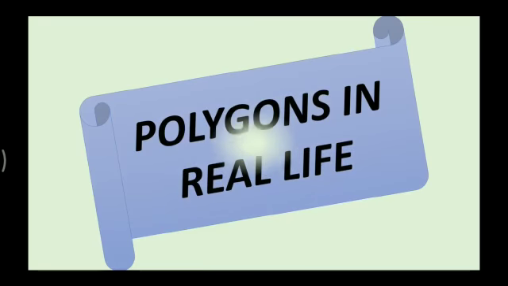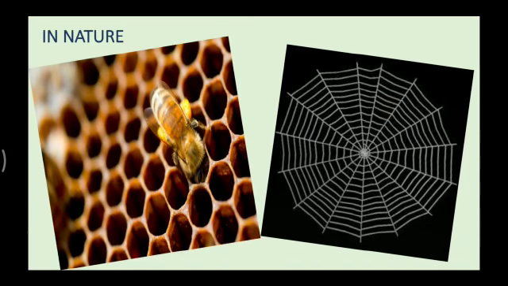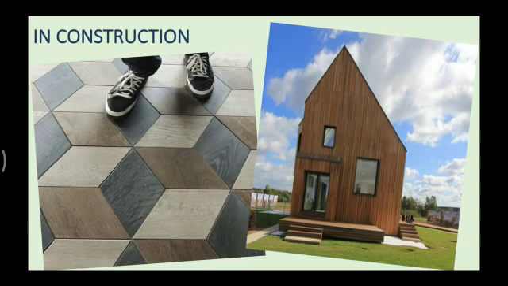It is very obvious that polygons are used in real life. You can observe polygons in nature, as in honeycombs and spider webs. They are used in construction. Any form of tiling involves polygons. The tiles need to tessellate to cover an area without leaving any gaps. This is directly connected to the angle properties of polygons. Architects include polygons in every plan of a house. The cost of building any structure depends on the length of the walls and size of the angles, all properties of polygons.